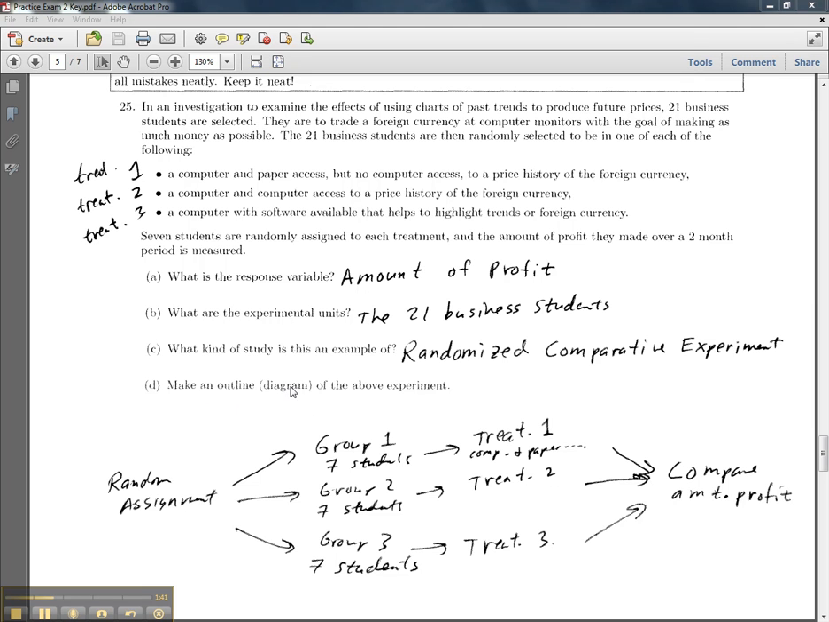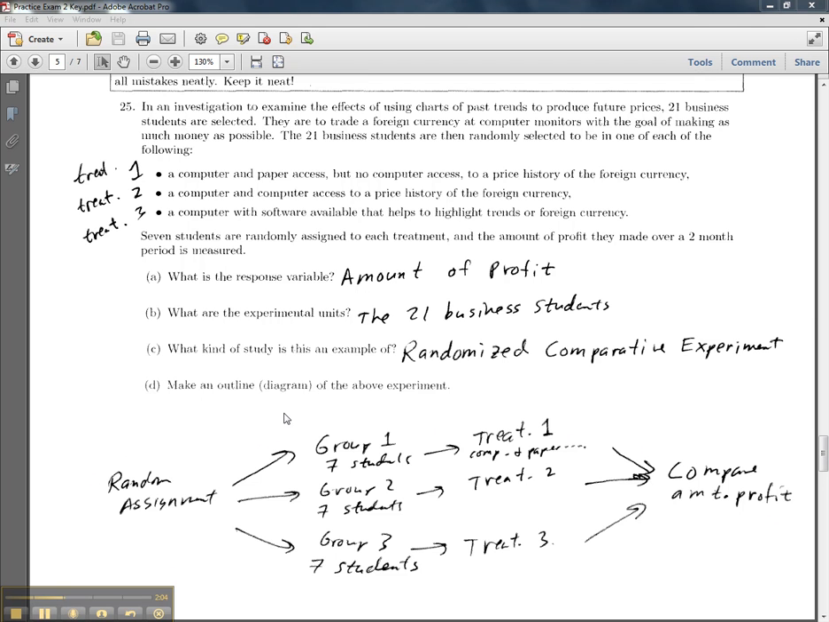Letter D, make an outline diagram of the above experiment. So all this question is asking you to do is make an outline. So you start with a random assignment to group 1, 2, or 3, and then the corresponding treatments for each group, and then you compare the amount of profit. And that's all this question is. It's, I think, pretty okay. The outline part, I mean,